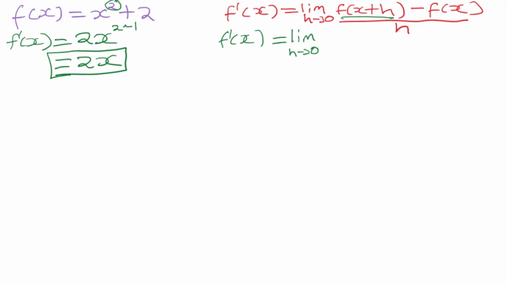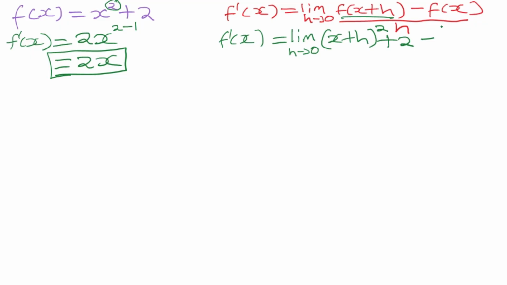So in this case you are having x squared, so you will say x plus h, close the brackets, squared. This one represents x, and on our function we are having plus 2, so you will say plus 2